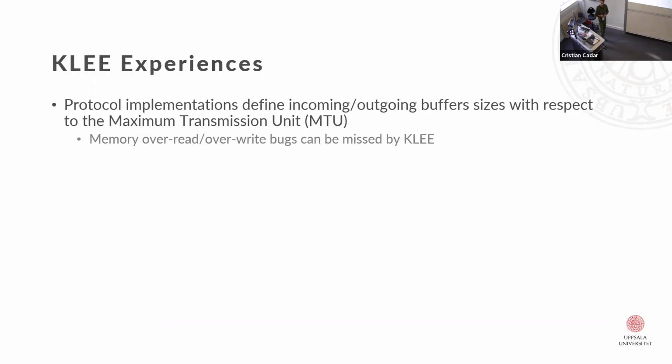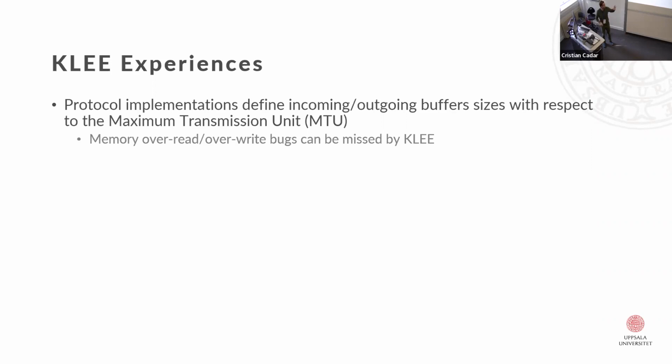They are somehow related to protocol testing, but I guess they can be generalized to other applications. So we've noticed that generally in protocol implementations, they define the incoming and outgoing buffers with respect to the maximum transmission unit. So what does that mean? It means that the buffer they define is mostly the maximum size a message can be, but the message won't be that big most of the time. So if, for example, your buffer is 1,000 bytes and you receive a message which is 100 bytes,